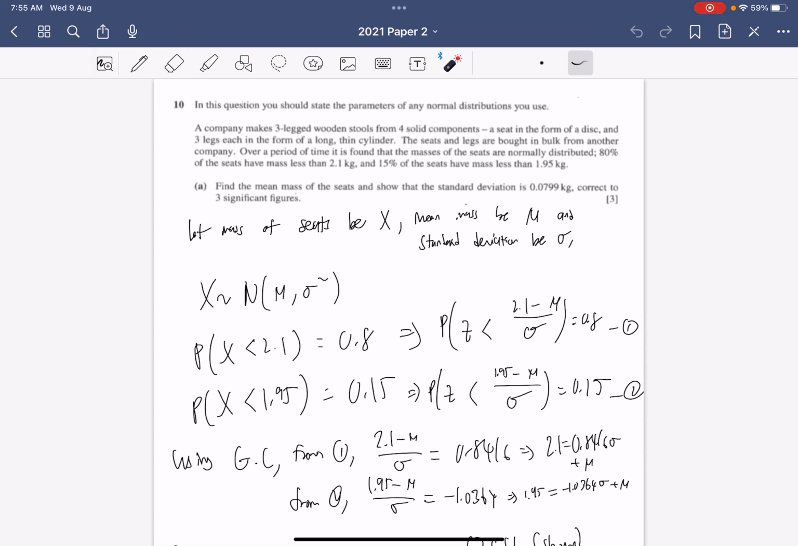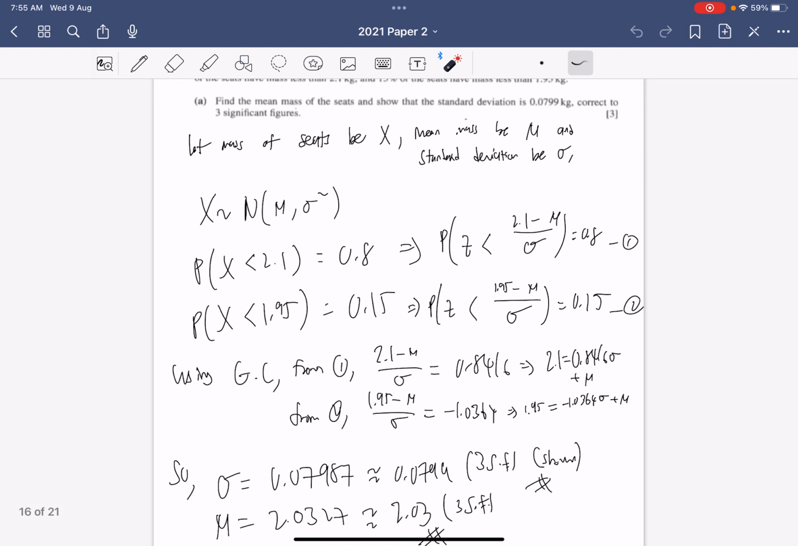So we already know that x being less than 2.1 will be 80%, so it's equal to 0.8. And then you can standardize this with mu and sigma, which means this. So this is your equation 1 and this is your equation 2. Because we know if it's less than 1.95, it's 0.15. So from the GC, we can